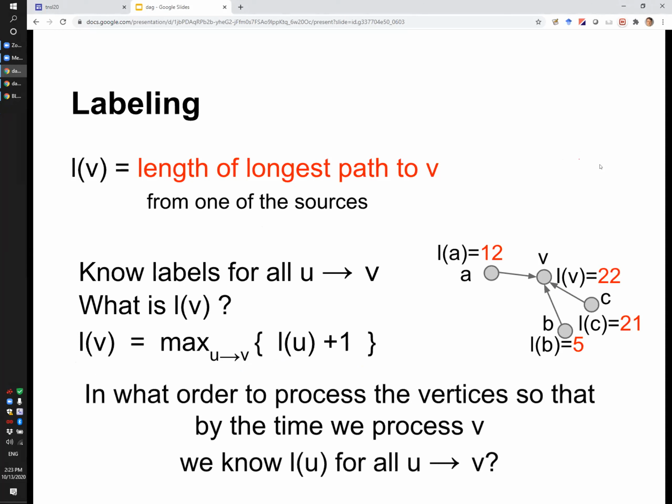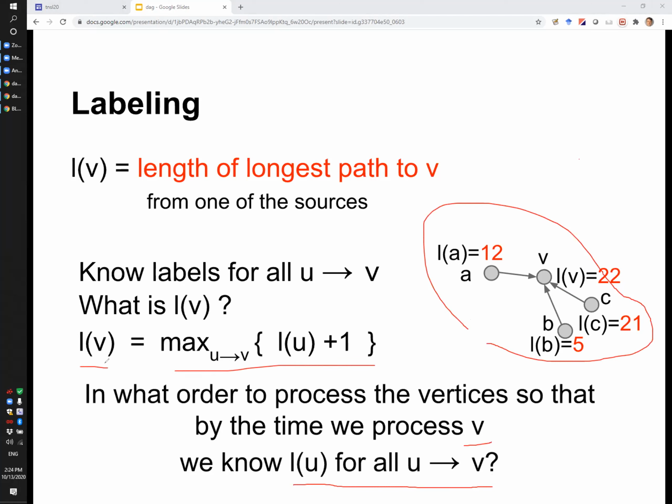Question: in what order should we process the vertices or the nodes so that by the time we have to set the label for a node V, we would know the labels for all the predecessors of V? As we've seen from this example and from this formula, for knowing the label of V, it's sufficient to know the labels of all the predecessors of V. But we have to start from somewhere, right? We have to process the nodes in some order,